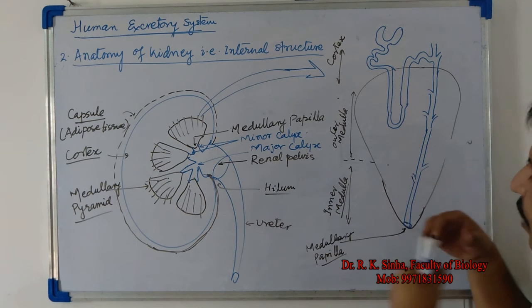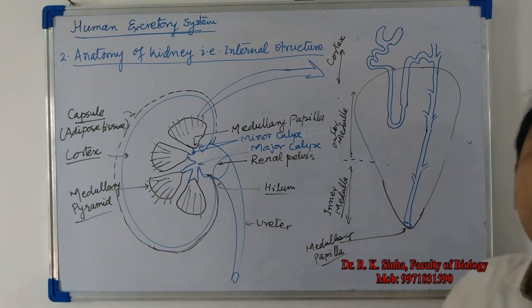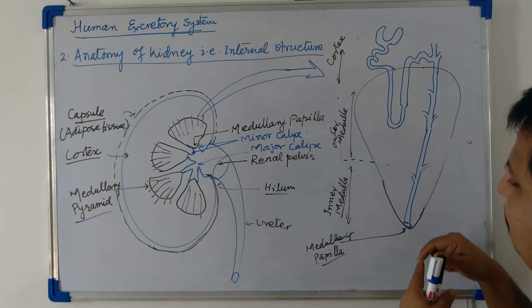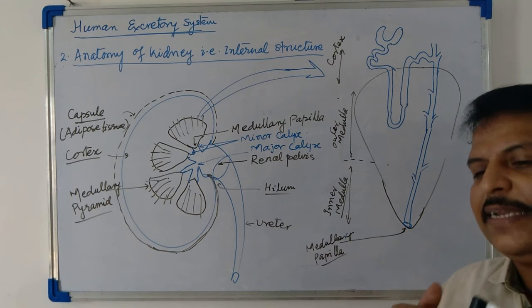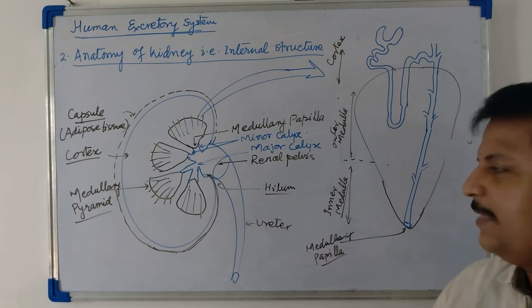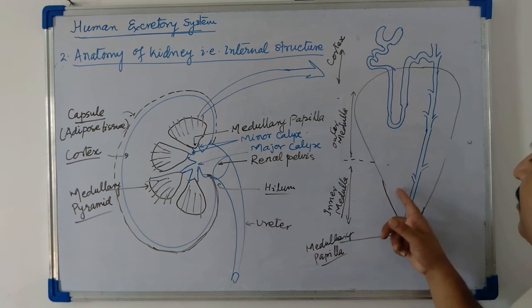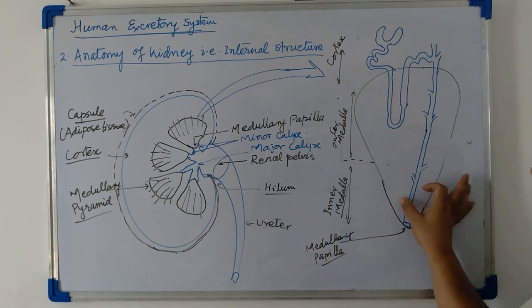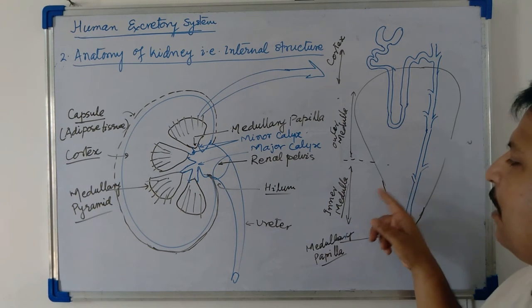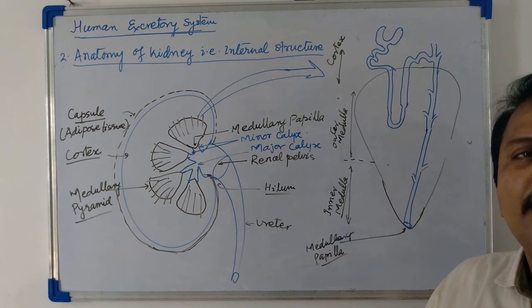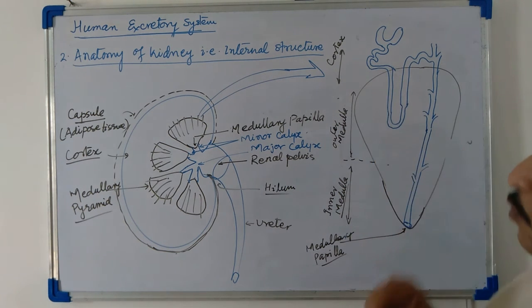That's why the osmolarity of the fluid in this matrix is always higher. That's why the urine in this region, in the collecting duct, will get concentrated. In the physiology section we will study how this urine gets concentrated, because there should be an isoosmolar condition in this region. Here in this inner medullary matrix or interstitium of the inner medullary region, the concentration is always higher, and this higher concentration is maintained by this loop of Henle.